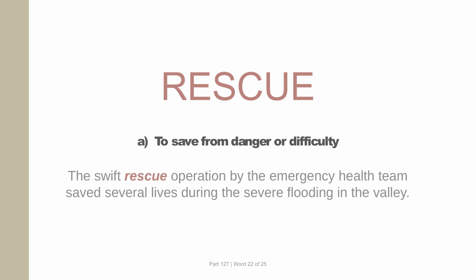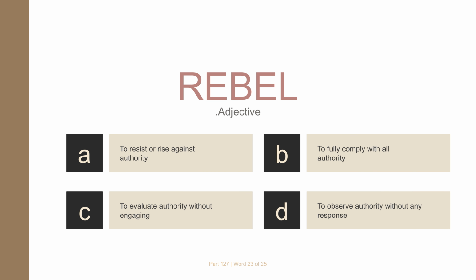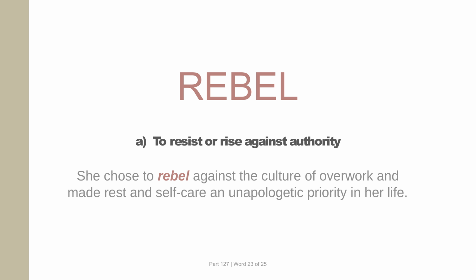Question 23. What is the meaning of rebel? Option A, to resist or rise against authority. Option B, to fully comply with all authority. Option C, to evaluate authority without engaging. Option D, to observe authority without any response. Correct answer, option A. The correct meaning of rebel is to resist or rise against authority. Example: she chose to rebel against the culture of overwork and made rest and self-care an unapologetic priority in her